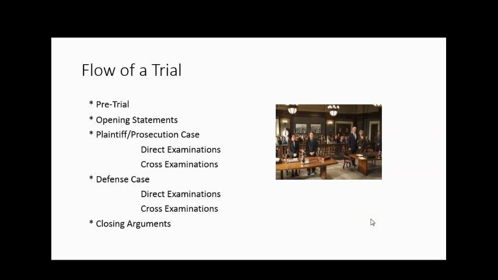Once the round actually starts after the pretrial conference, it'll begin with opening statements from both the plaintiff and the defendant. There are time limits on each of those, so the students will have a brief period to present their summary of what they think the case is about. After that, the plaintiff will begin by presenting the plaintiff's evidence, which will consist of calling the first witness. The plaintiff attorney will have an opportunity to examine the plaintiff witness, which is known as the direct examination. That will be followed by a defense attorney who has the opportunity to cross-examine that same witness. And that will occur for each of the witnesses on the plaintiff's side.